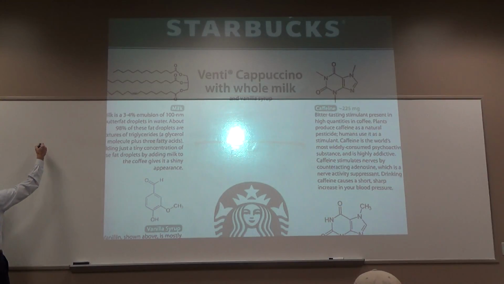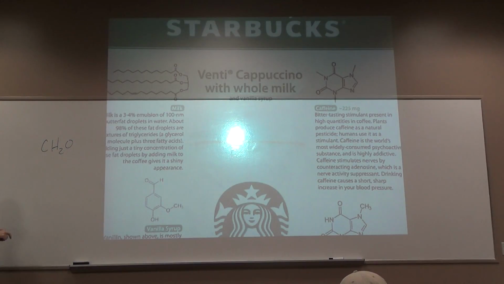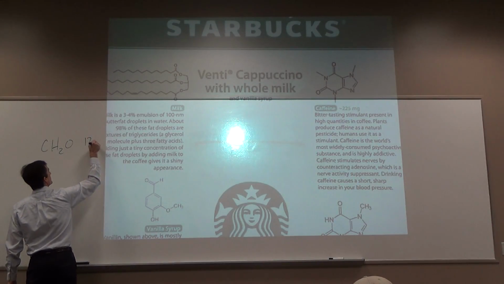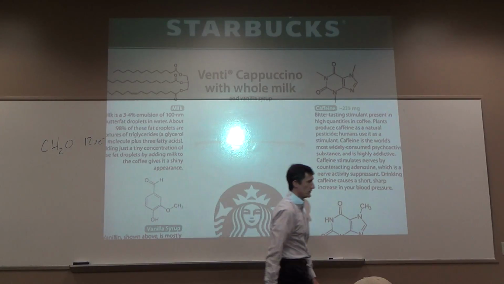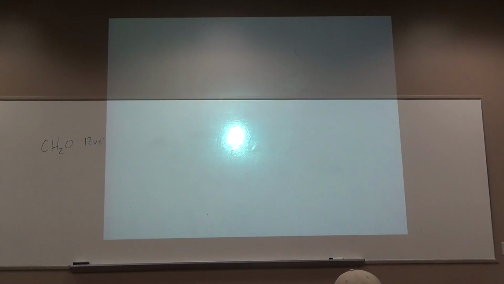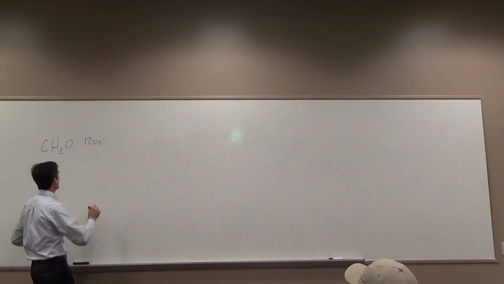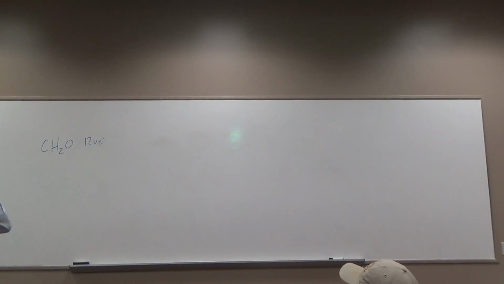How many valence electrons are we dealing with? Carbon has 4, each H is 1, oxygen has 6, so 12 valence electrons. Our Lewis structure needs to show all 12. Okay, we want to bond our heavy atoms. Okay, these are simple formulas. Okay, what if we had